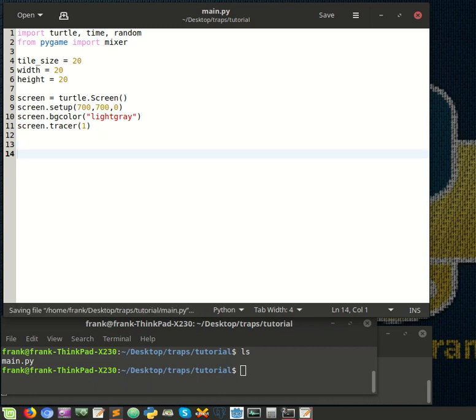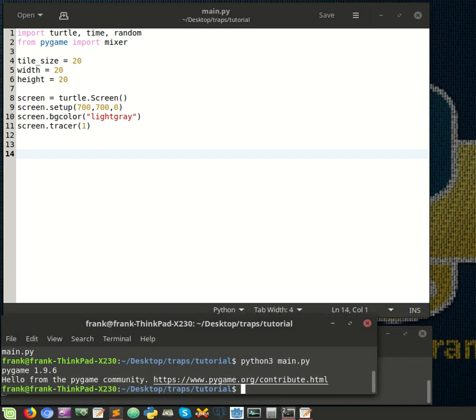So let's save our code and I'm going to try to run it. My script is main.py, you can name it whatever you want. So python3 main.py. You might not see it, but it was popping up and disappearing, because same as in Pygame and also in tkinter, which is GUI programming,